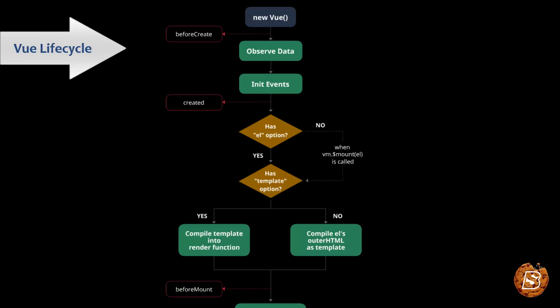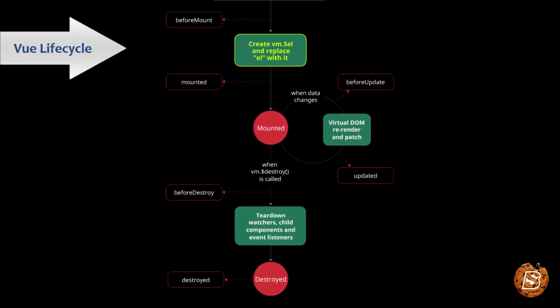So, a couple of events that we have captured till now are beforeCreate, created, and beforeMount, and after that it creates the element and replaces el with the actual element that we have mentioned, and then the element gets mounted. So here we have our mounted event, and this is a circular loop which keeps on checking whenever the data